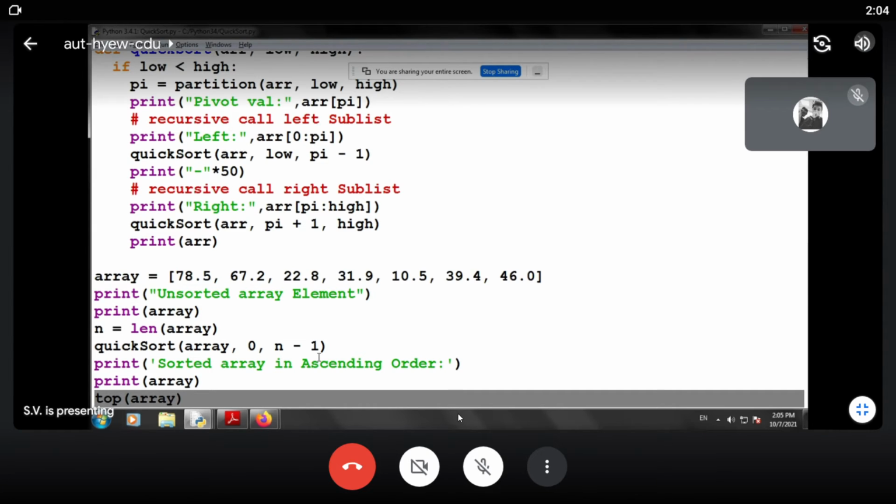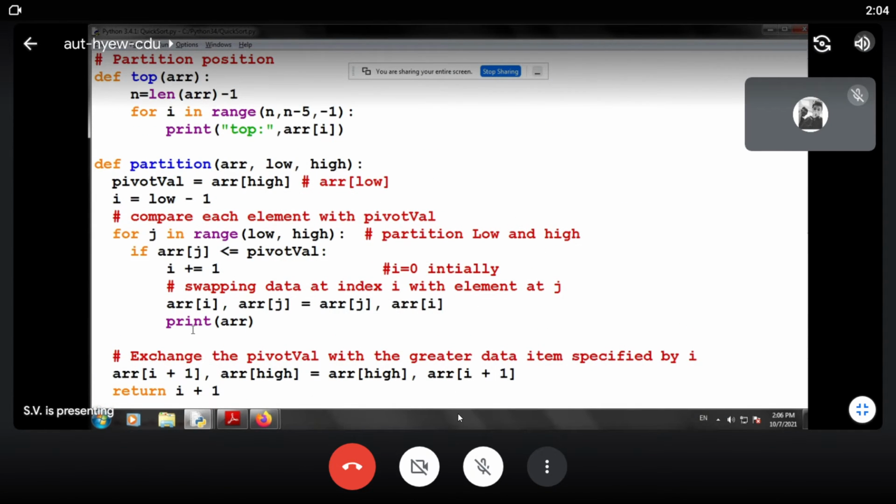So this was the basic description of the program. If you find any difficulty understanding the code, you can discuss in upcoming sessions. Now let us simulate the results. So we'll run the program.